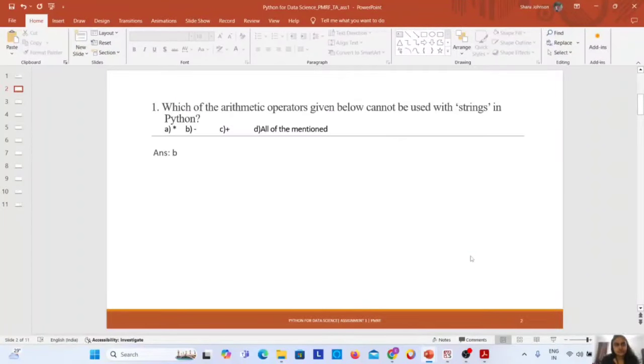So the first question is given in the present assignment, not the previous one, because while you look at the course you will be seeing the week one assignment. The assignments that I'm going to share,